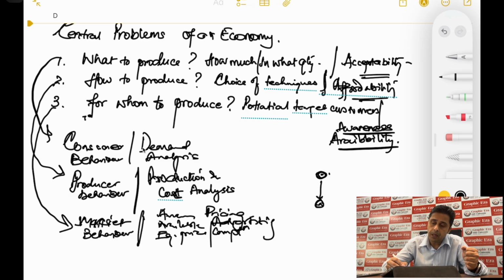Should I keep the price at the initial price that I was thinking of placing it at? Or should I keep it lesser than that? Or should I keep it much lower and very close to my cost of operation? All these decisions will depend on the nature of competition in the market. There could be a lot of concerns. If you keep the price low, people might think it to be an inferior product. If you try to keep a product's price high, some of them might take it as superior,